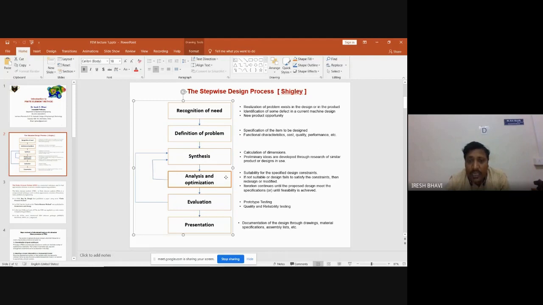Then after synthesis, there comes the analysis and optimization phase. This is a very important phase, in which after whatever design calculations we do, we have to check whether those calculations are correct or not, means whether that device will function properly or not. So those things will be done by using theoretical calculations. And now FEM will come into picture here only. In this stage, in industries in the olden days, they were using hand calculations and manual calculations to do analysis and optimization. Optimization means what?